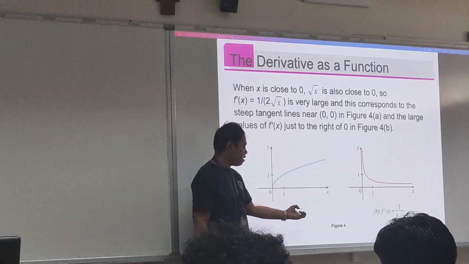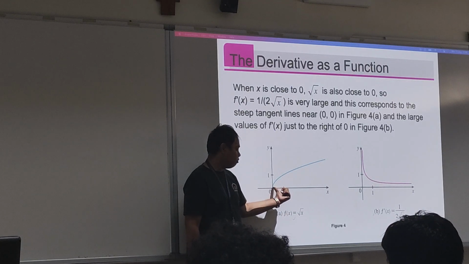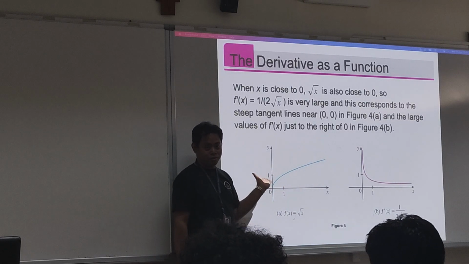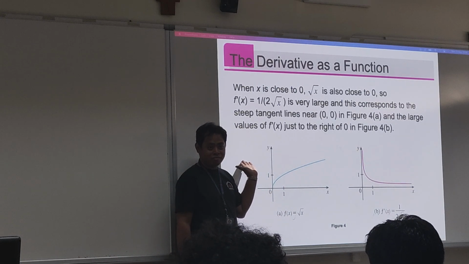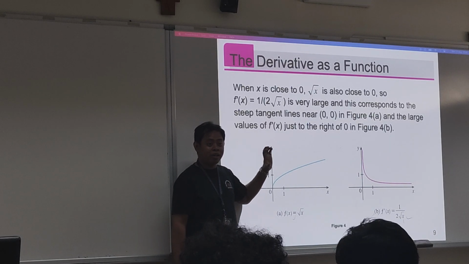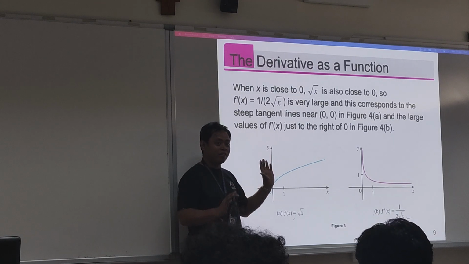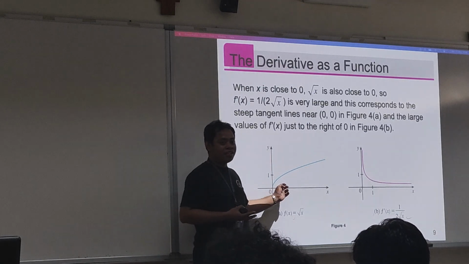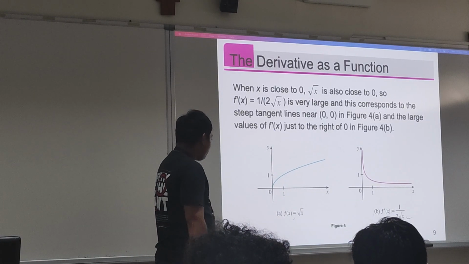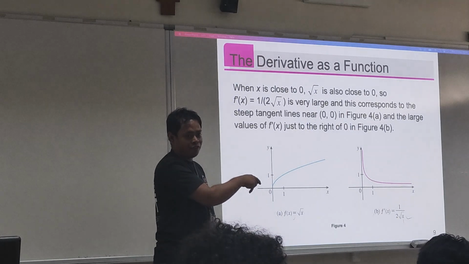Because for negative numbers, the function is still undefined. That's why at 0 the graph does not continue, because it's not defined for negative numbers. Because it's imaginary. Take note, our concentration here is real numbers. We are not considering complex numbers, so it's undefined for now. Next, if we have this function, of course, this would be the graph of the derivative of your function.